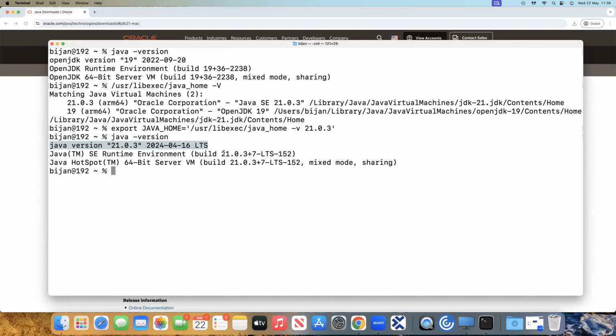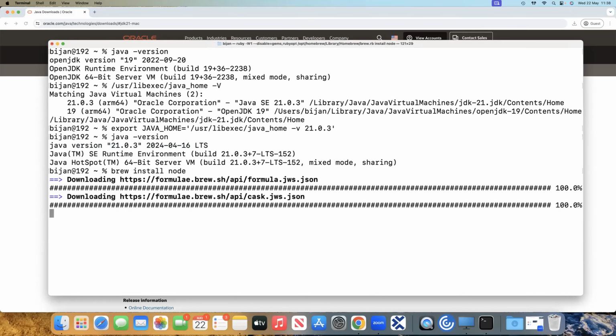So that completes our Java configuration. Now, the rest of the setup, we'll do it on our terminal itself, as I said earlier. So the next step is to set up Node.js on our system. And then again, we can use something called the brew package manager. It's a package manager which can install everything which you need on your macOS or Linux system. So we will use the command brew install node and then hit enter, and it will start installing Node on